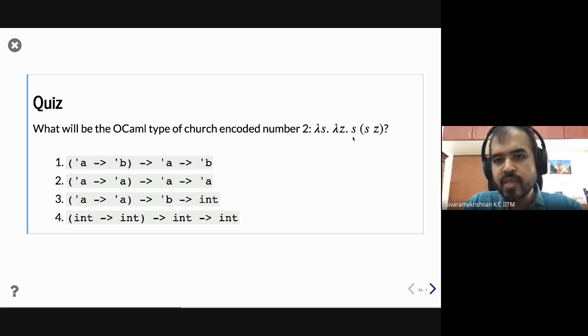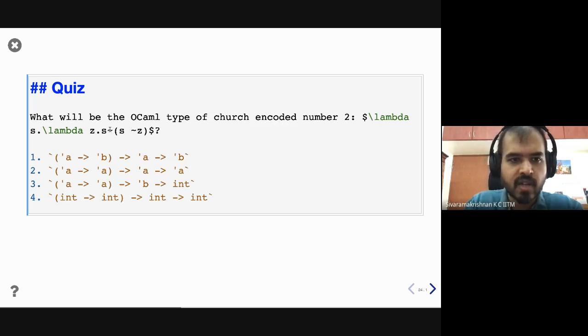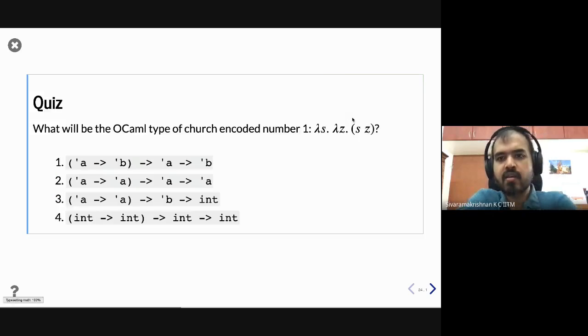Okay. So let me try a little variant on this. So let me remove this. What is the type of this one? Again, the answer is there. Right. So yeah, good. So good answers. So now the point is,